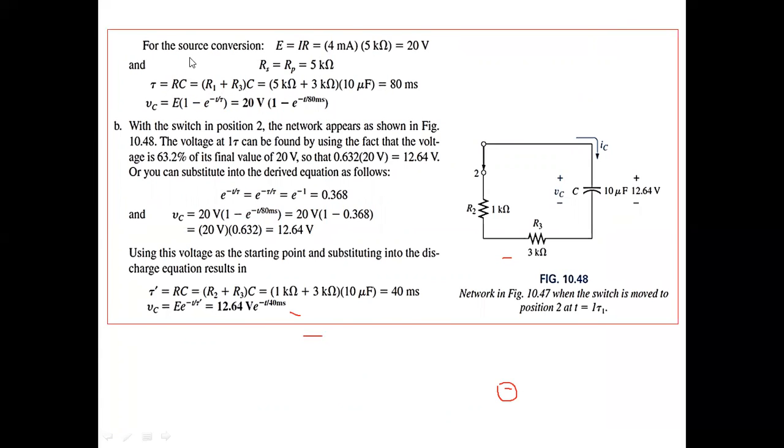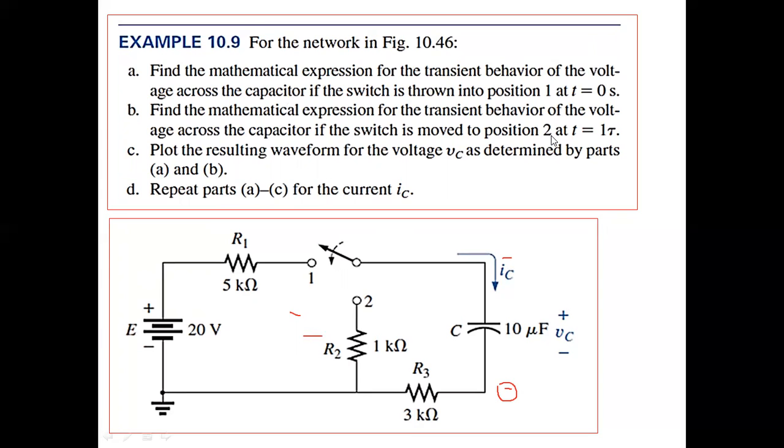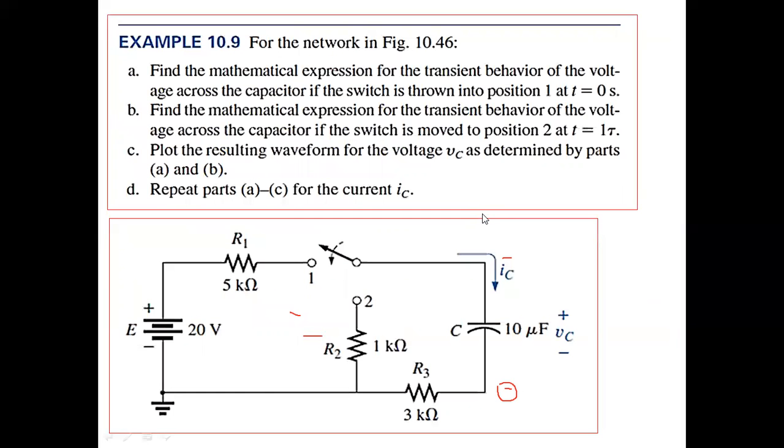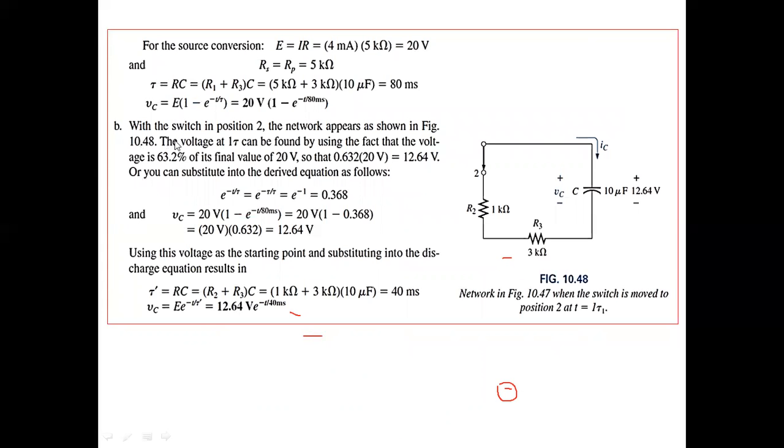R1 plus R3 is involved in the charging phase. Let us discuss it. We will get tau equal to 80 millisecond. Now putting the values for charging, we will get this. The tau value is 80 millisecond. Now the switch is moved to position number 2 at t equal to 1 tau time. So after 1 tau we will get 63.2% of its final value. The total value is 20 volt. If it remained for 5 tau, you would get 20 volt, but now after 1 tau you will get